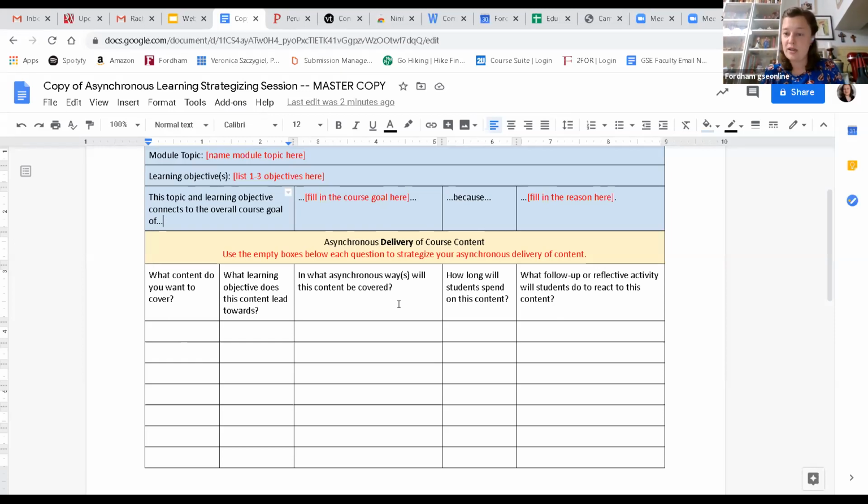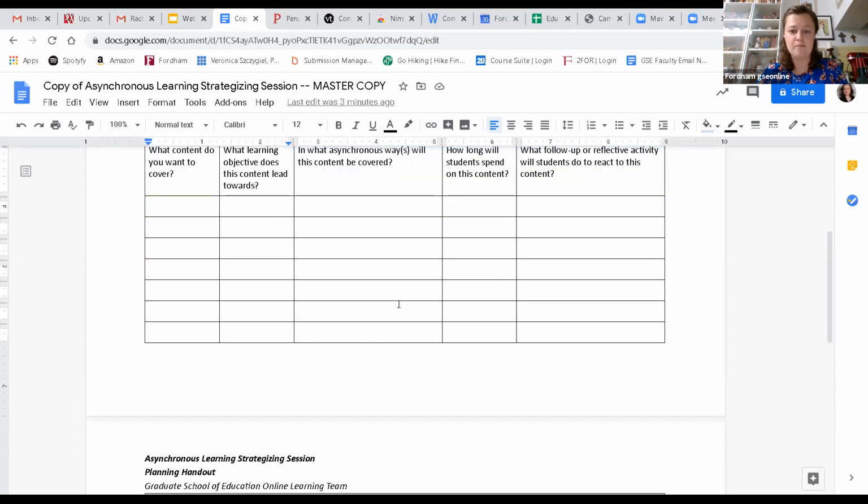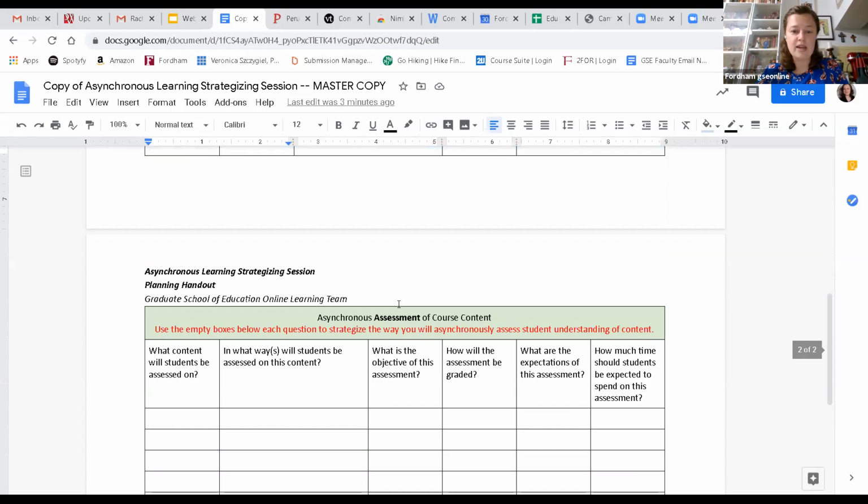How long should students spend on this content? And what follow-up or reflective activity will students do to react to this content? Okay, so again, you don't have to fill these out, but these are just some questions that we want you to keep in mind as you're planning. If you scroll down,